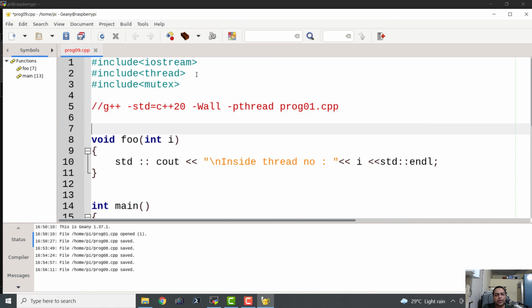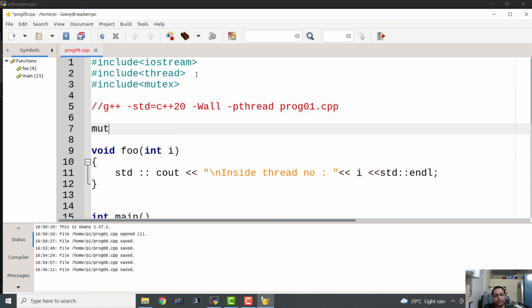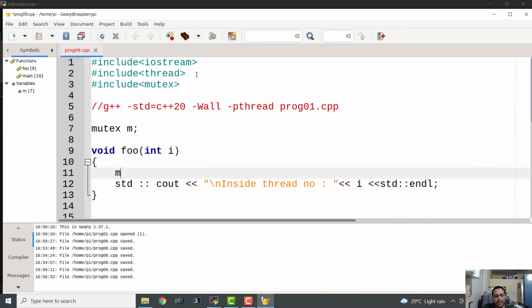Mutex stands for mutual exclusion, mutex m, and we just need to add 2 lines, I guess. So here we are going to say m.lock, and here we are going to say m.unlock, so the threads won't access it in an uncontrolled fashion.